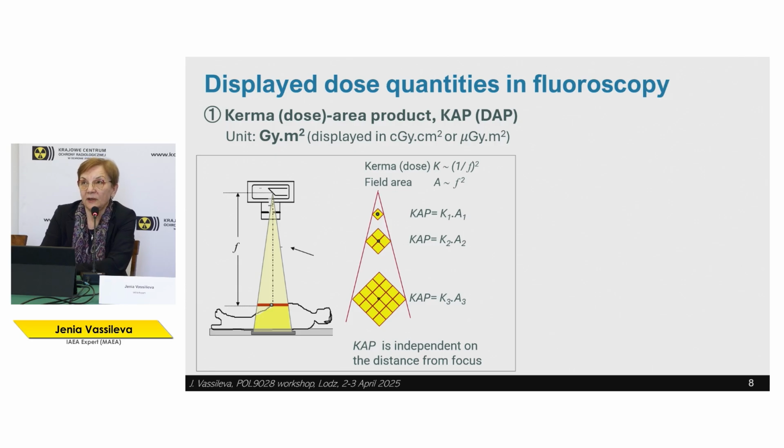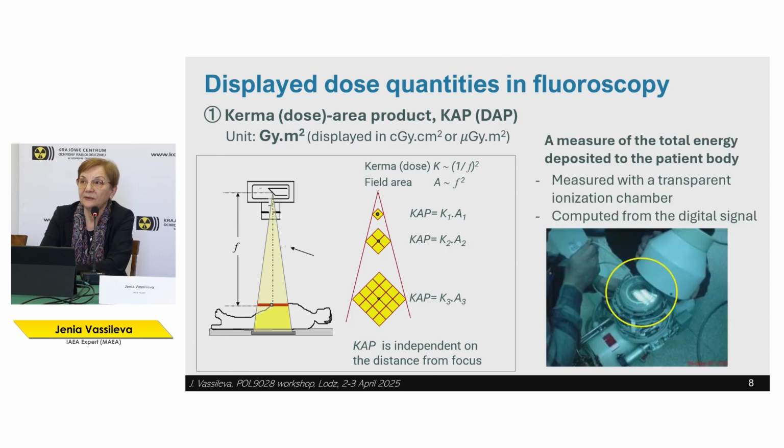Using the inverse square law, the kerma is reducing inversely to the square of the distance, and area is increasing. So when we multiply them, in fact, this quantity is almost constant. It does not change, so it's independent of the distance from the focus. That's why we usually measure this at the exit of the X-ray tube with an integrated chamber that is integrated